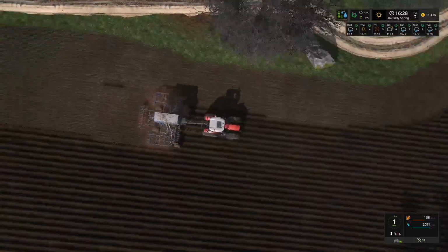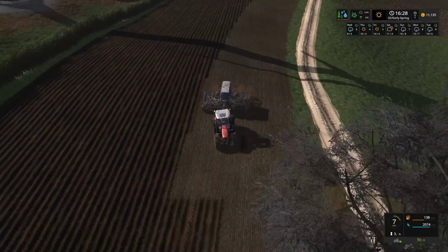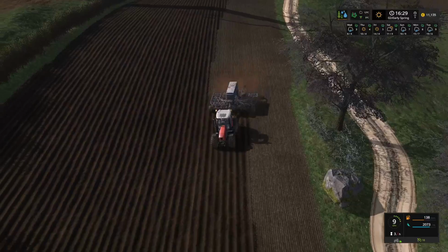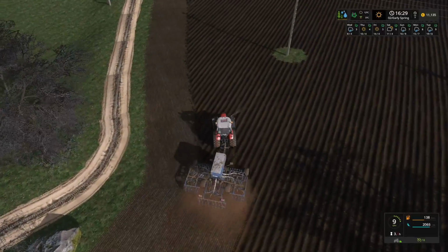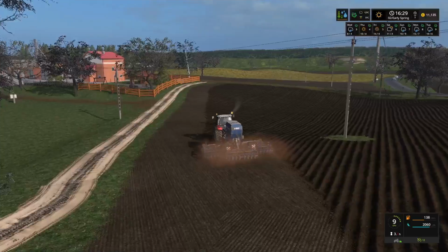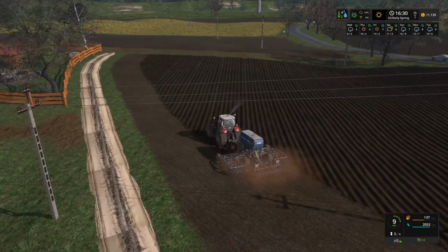But you can see just how problematic this one's going to be in terms of just going up and down with the seeder, which is why I'm following the border a little bit more and still running into the odd issue here and there where I'm going a little bit too far away from it. So I'm going to carry on seeding around this field. I suppose this is a more realistic way of seeding. This is how they would seed in real life, running around the field like this,